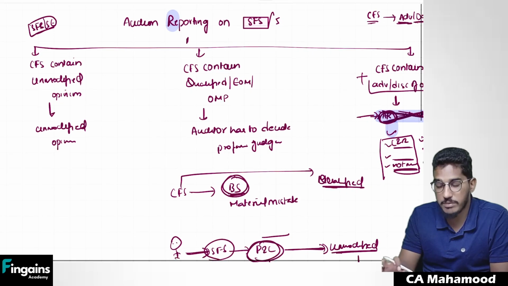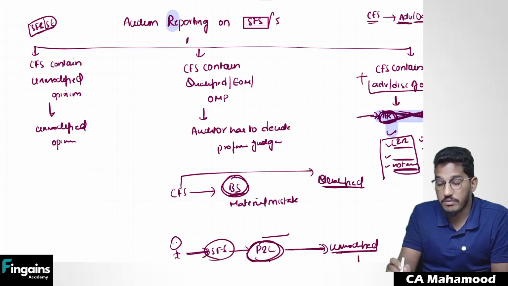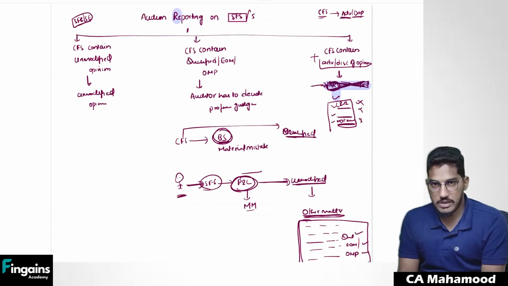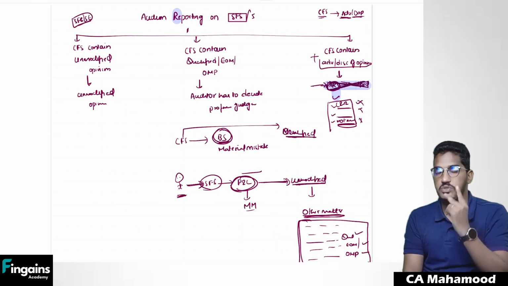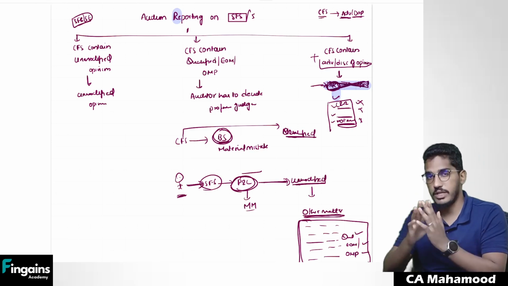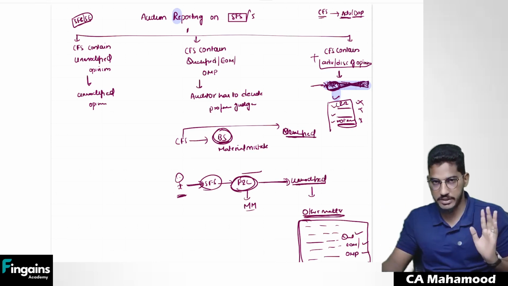These are the things which you need to keep in mind while conducting the audit, while giving your opinion on a single financial statement or a specific element of financial statements. Able to understand, everybody? So this is the summary of SA 805. So we are successfully done with 2 standards from the SA 800 series. Now we are left with only one more standard, SA 810. If we complete that, the specialized areas revision will get over.